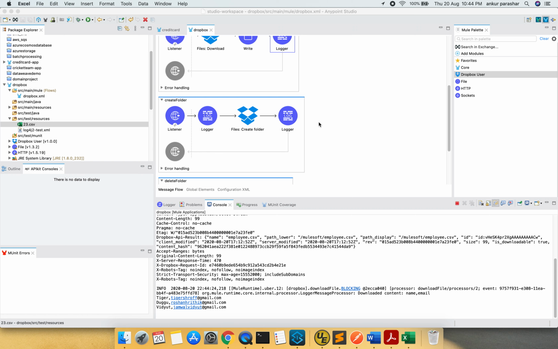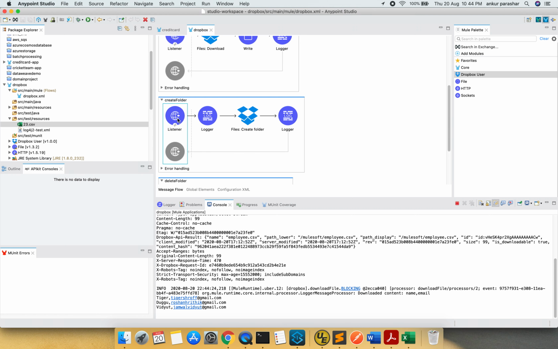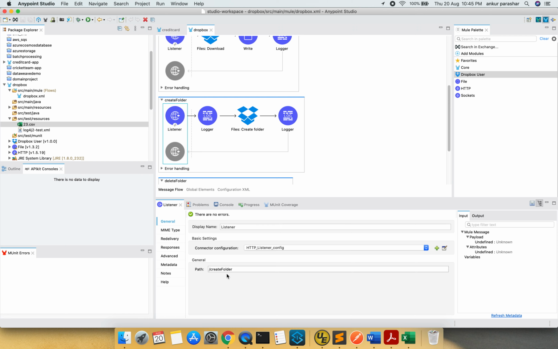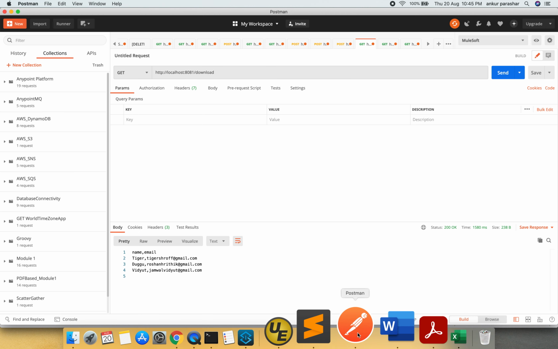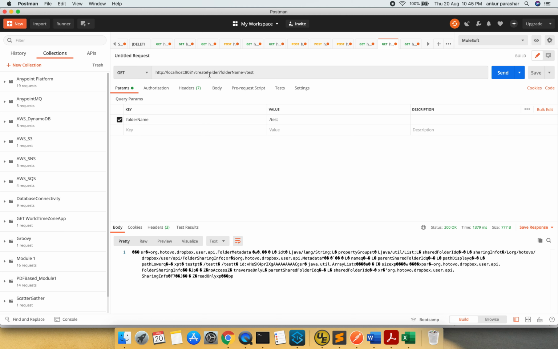Going for the third use case of folder creation, it's a simple GET method, and I will be sending the name of the folder in the query params. Same configuration we are going to use. Only the path we need to take care of. We have to give a slash in front of the actual value, and we are going to log it in the end. Okay. So as usual, we will go to the console, clear up the console, and I will go to Postman, and here it goes like create folder, and we are passing the query param folder name as slash test. So from this, what I'm trying to achieve is to create a folder slash test.